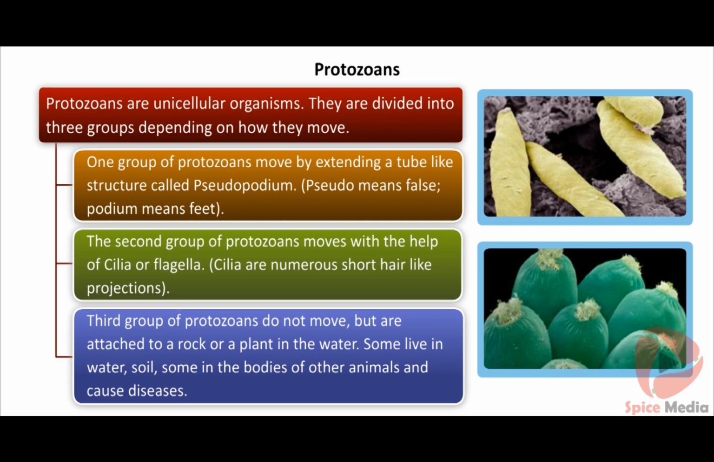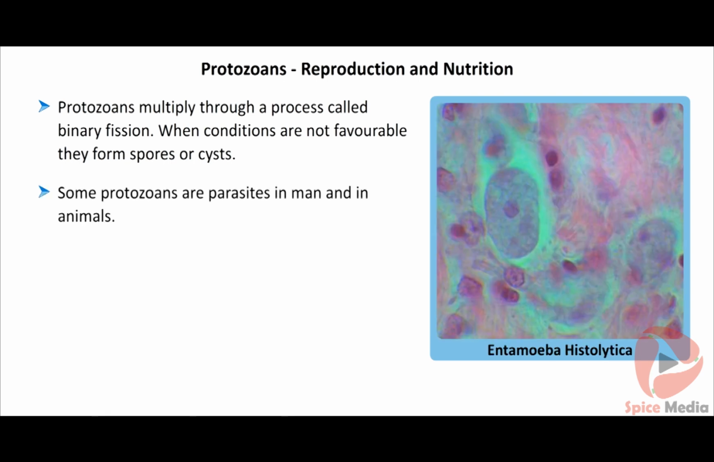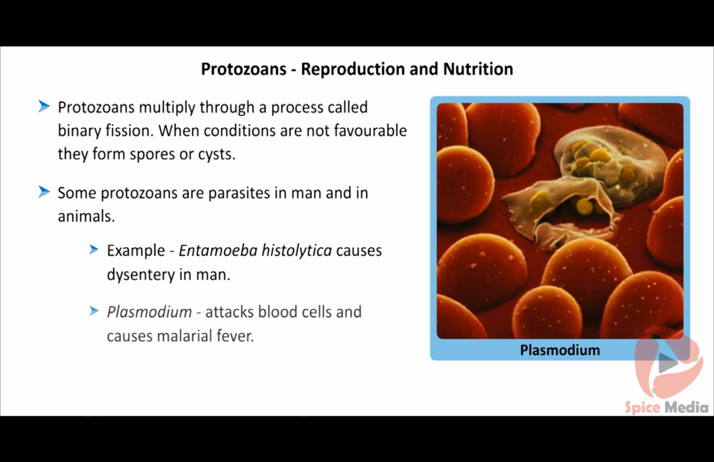Some live in water, soil, some in the bodies of other animals and cause diseases. Protozoans increase in number by dividing into 2 through a process called binary fission. When conditions are not favorable, they form spores or cysts. Some protozoans are parasites in man and in animals. Examples of parasitic protozoans are Entamoeba histolytica, which causes dysentery in man, and Plasmodium, which attacks blood cells and causes